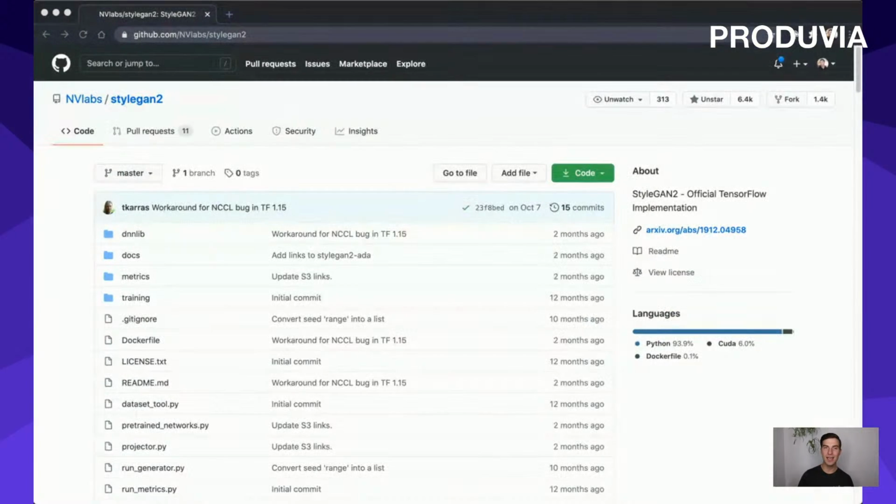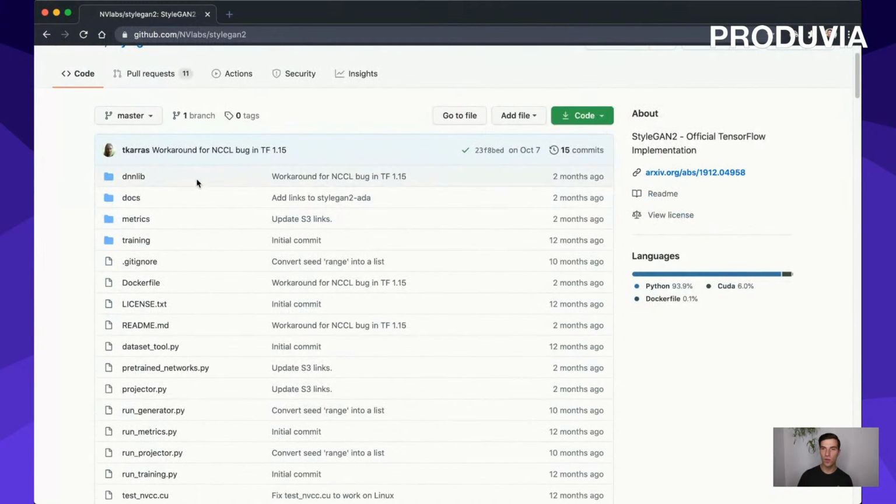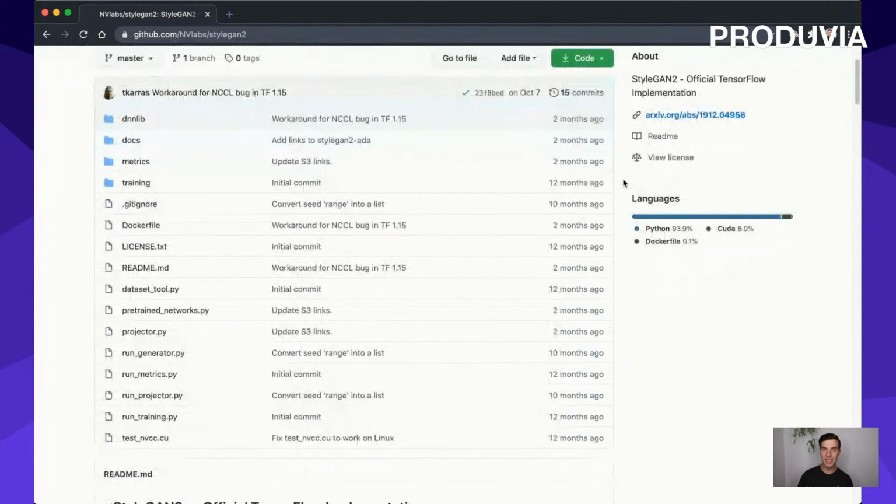So I'll share with you on my screen, first of all, here a GitHub repository to where you can learn more about Stylegan. Stylegan is, you should see it now on your screen, and this is an open source project by NVIDIA. Stylegan 2 is an improvement. Stylegan 2 is really an implementation that has